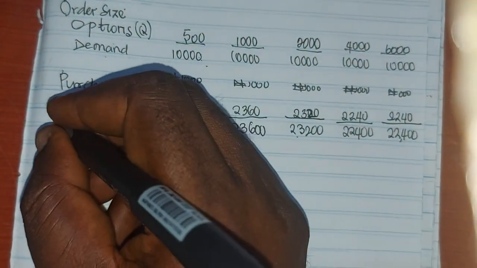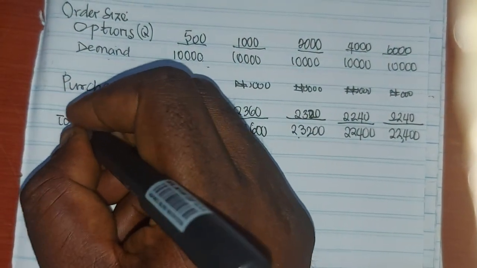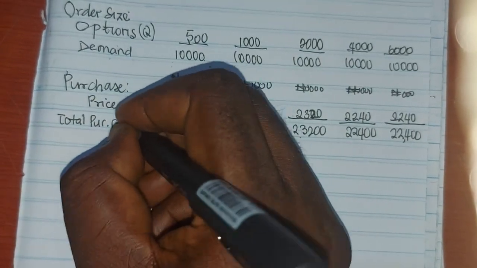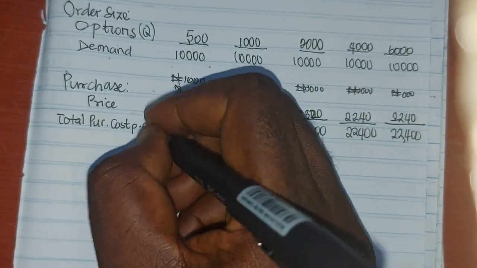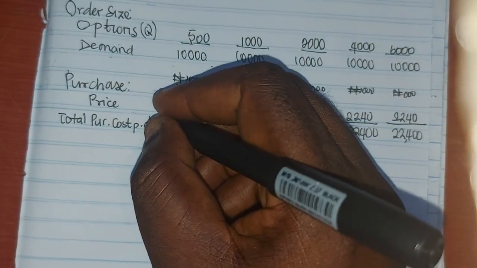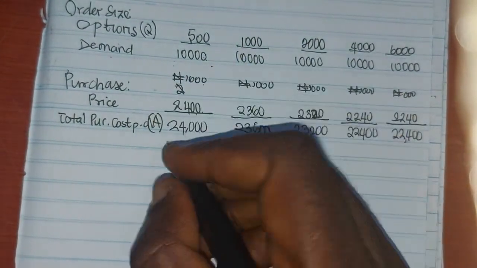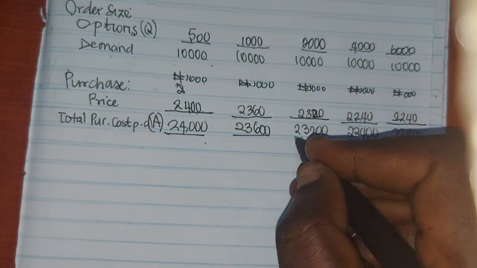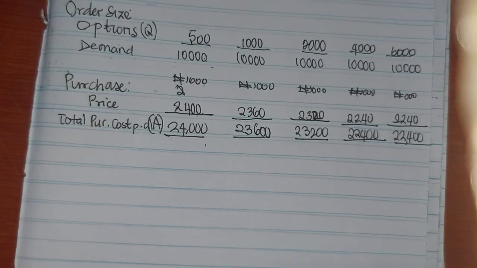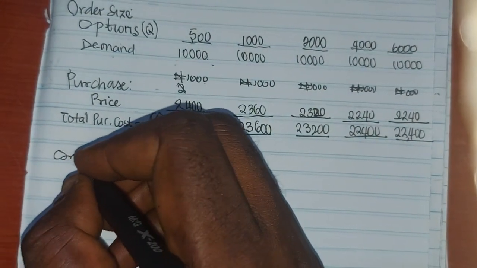So this is the total purchase cost per annum. So it's relevant. Okay. Now let's name this A. Now, for ordering costs,